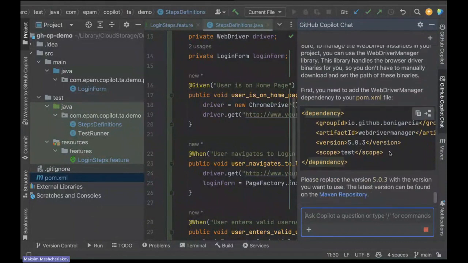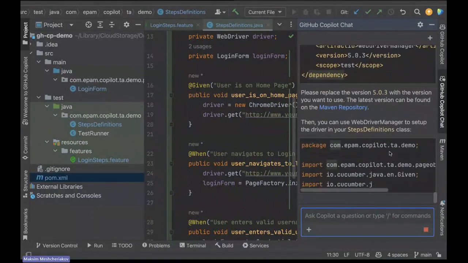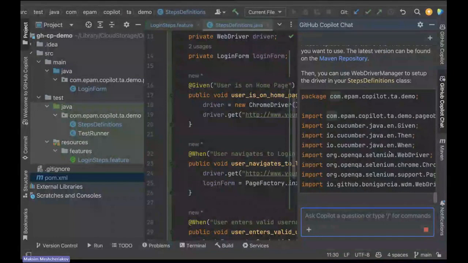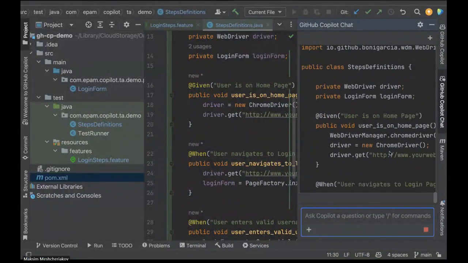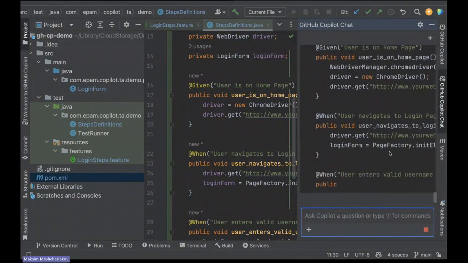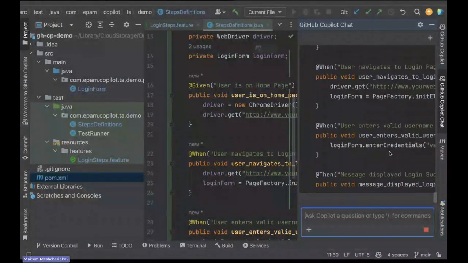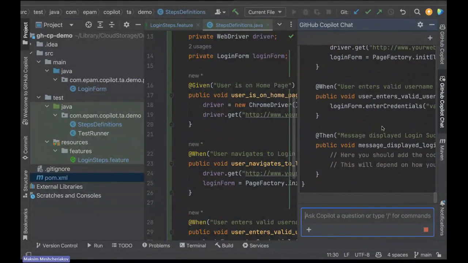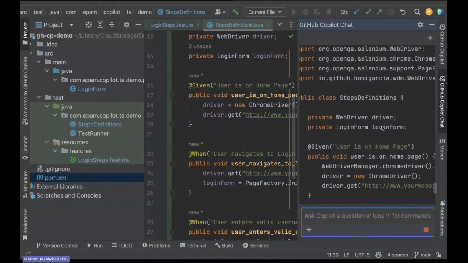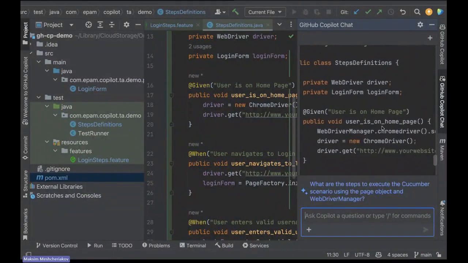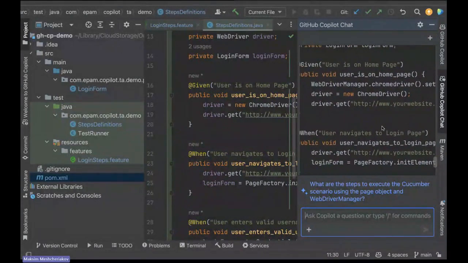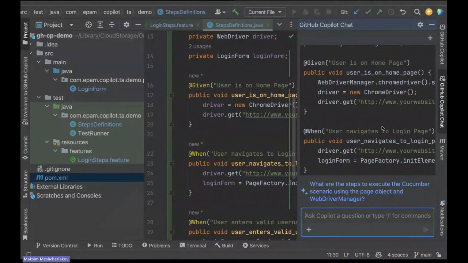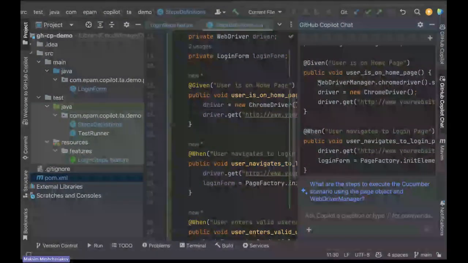Okay, suggest to add Bonnie Garcia and provide me with the code. Okay, by the way, he improved. As you can see, he improved the step definitions a bit. He put in WebDriver Manager. Okay, most of this we already have, so